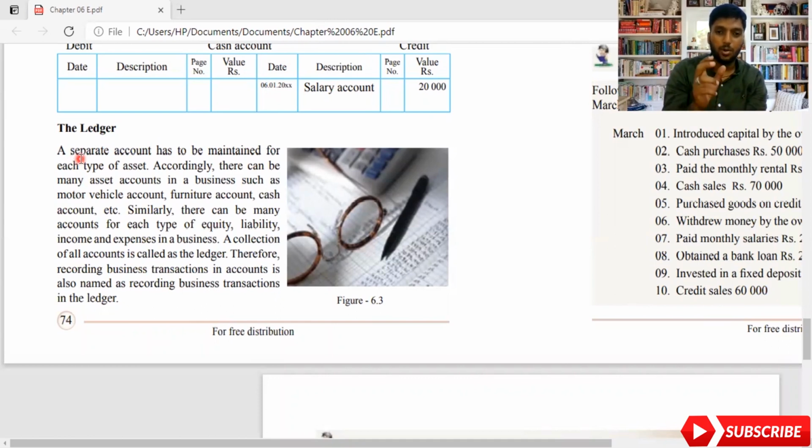So you can maintain furniture in the furniture account and motor vehicles in the motor vehicle account, or all the assets under the property, plant and equipment account. You will understand this property, plant and equipment in grade 11. For now, you will not understand it, but you need to remember, property, plant and equipment is where you are bringing all the assets into one account. We said all the non-current assets you will be taking into one account. That's what we say ledger. So it can be done in that particular way also.